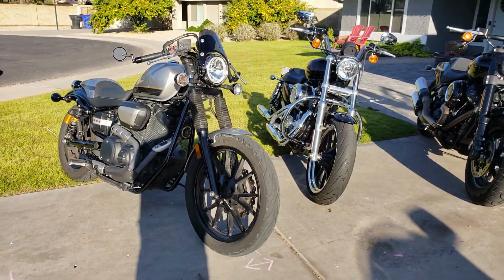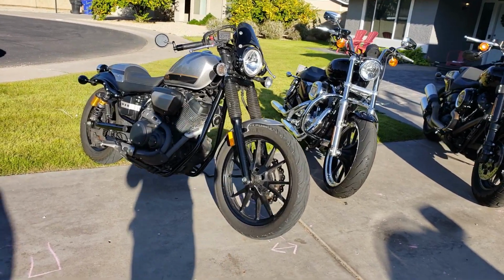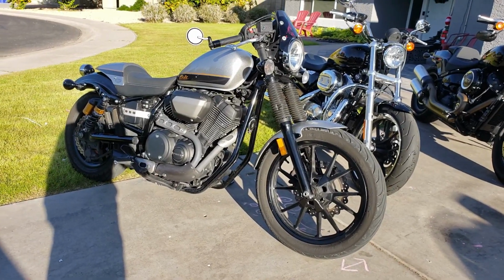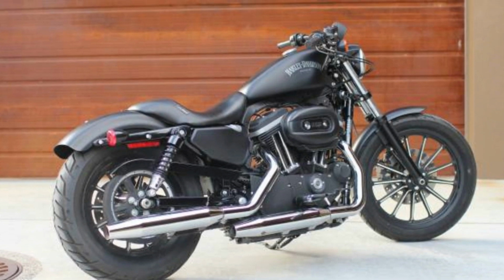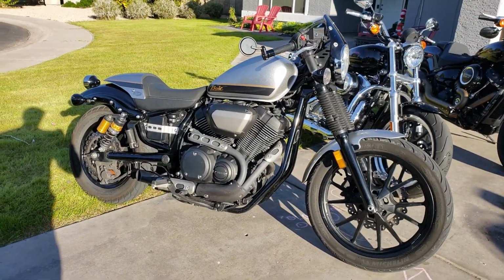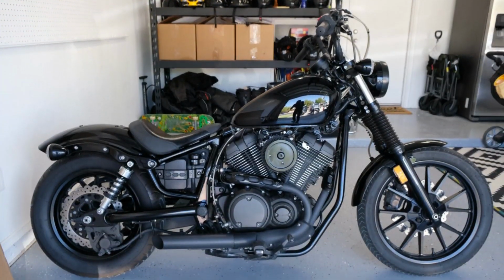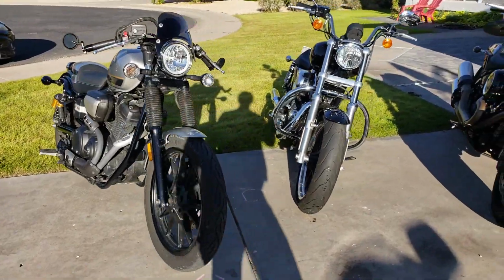I think a lot of new riders see the appeal to both of these bikes. They've got that classic old school retro styling to them. The Sporties, you got your peanut tank, especially the Iron 883. It's all darked out. I'll throw up a picture because I have owned them before, so I have ridden them. I personally think they just are really cool looking motorcycles for sure. And then the Yamaha Bolt is very comparable in size to that motorcycle. So definitely it's with good reason that everybody compares the two to see which one's the best bike for your money. But I've ridden them somewhat extensively,